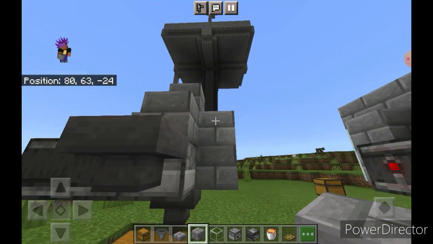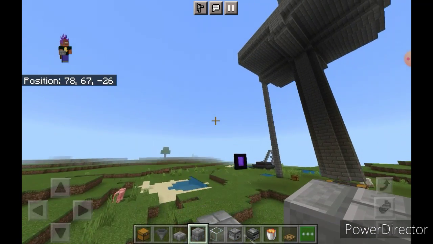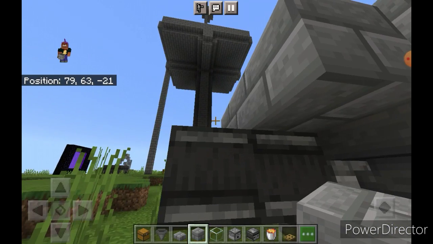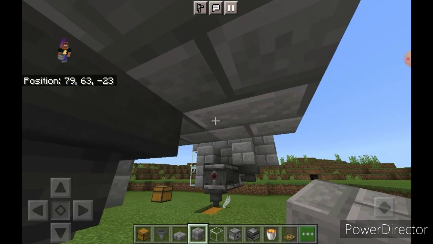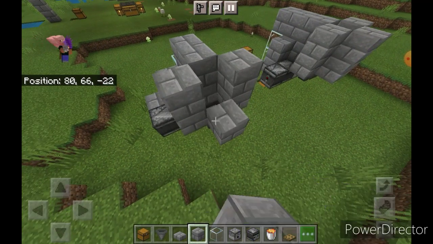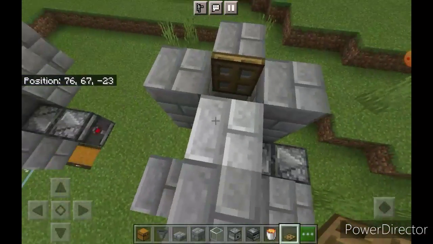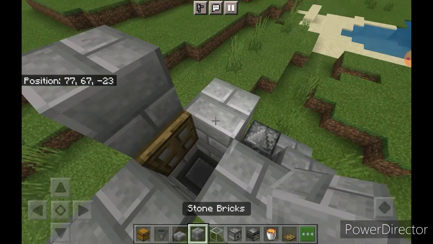And then you've got to build a 2-high container on the back of this for the chickens to go in. So just like that, and then your chicken farm's nearly done. All you gotta do is, I put a trapdoor there, and then you get your chickens to come up here and fall in here. You can use seeds or a lead, but I'm in creative mode, so I can just